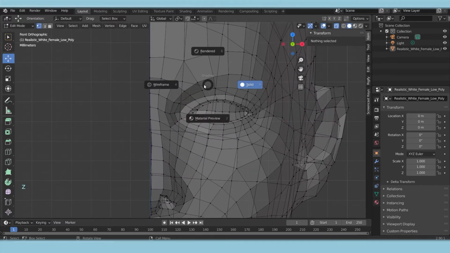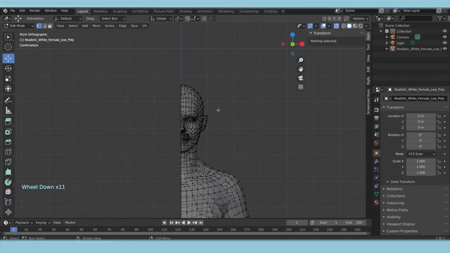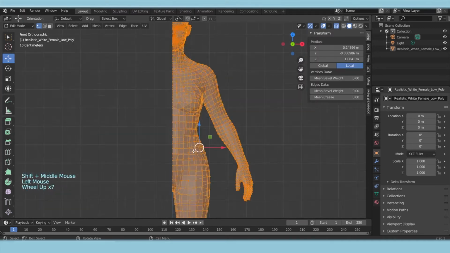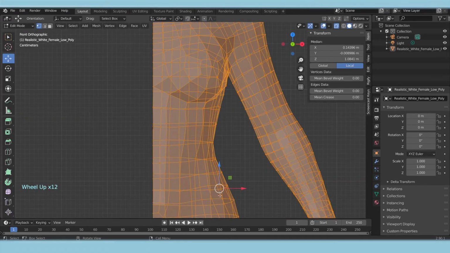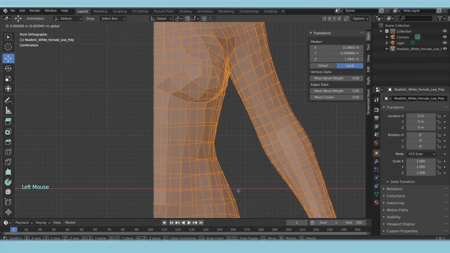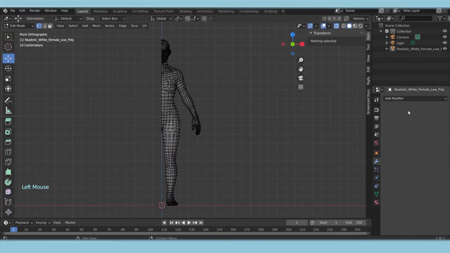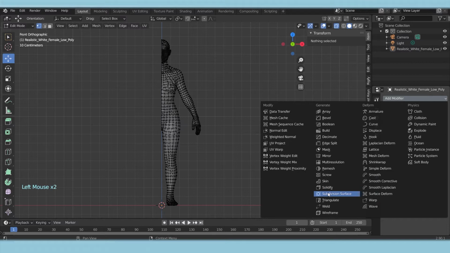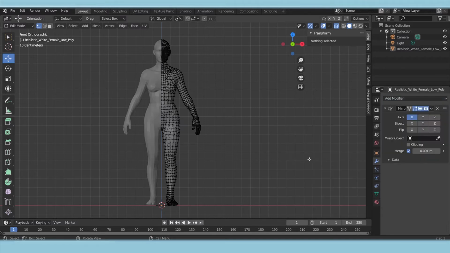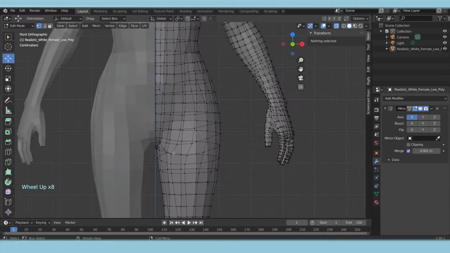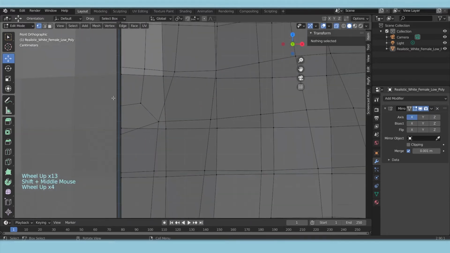We will actually go ahead and select all of our whole lady and just move her a tiny bit. Okay, and now we can go and press here on modifier and apply mirror modifier. You can see another half of her appeared, and now we will have to fill in all the gaps in here. So we will just press clipping in the mirror modifier,